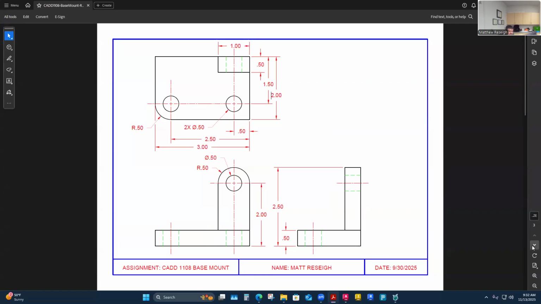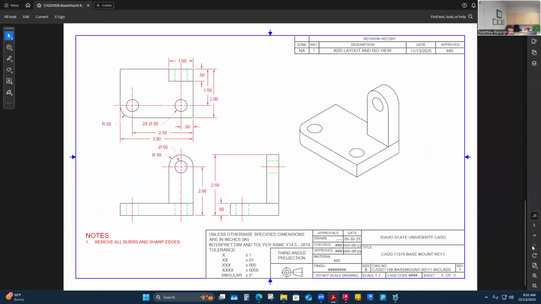1, 2, 3. Good. So it's still just a single drawing file upload, is what it should be. Just one drawing file and one PDF for this. Let's call that good. How do you edit the sheet details again so that